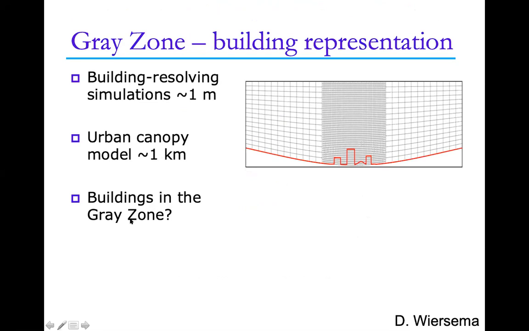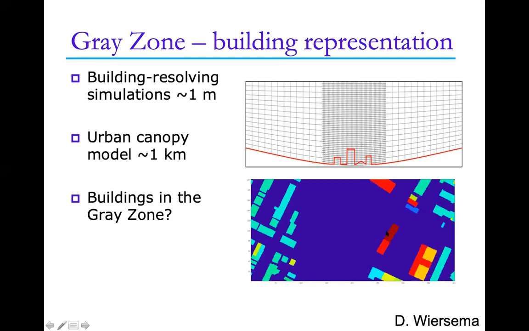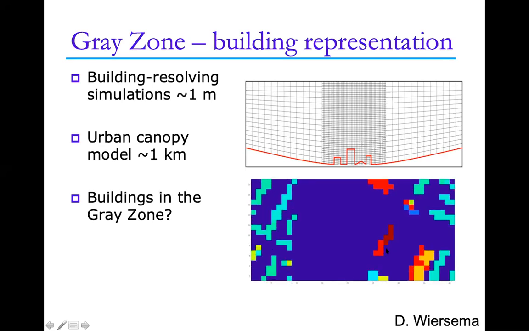So the question is, what about the gray zone for topography, where the length scales of interest are similar to your grid resolution? And the same thing happens for buildings. This little image here shows buildings represented at different resolutions from 10 meters to 1 meter. So when it's looking nice and crisp, like right here, that's 1-meter resolution, and then you coarsen the grid and the buildings are not super well represented, and you're in the gray zone for the building representation.